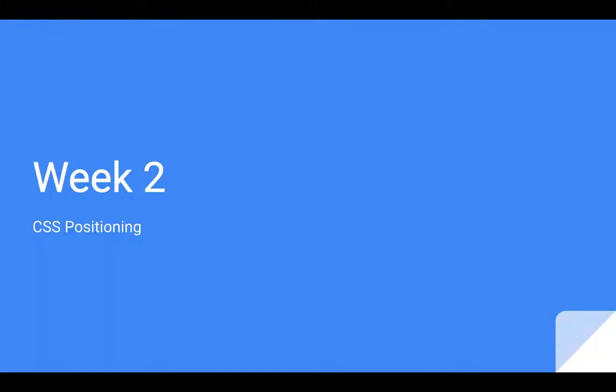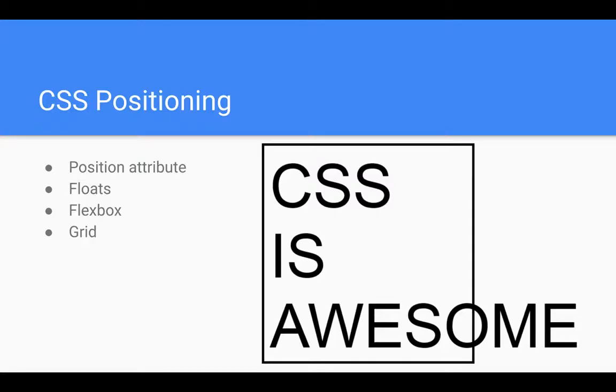Can anyone name any ways that you position stuff in CSS? Position absolute. Yeah. Any other ways? Relative, yeah. And also margin. Overflow? Kind of. Float, was that something you've done in your homework, right? Yes, float. Yeah. Okay, so we'll get on to the position attribute, floats, flexbox, and grid, which you probably haven't come